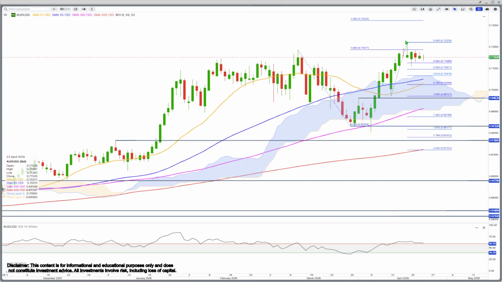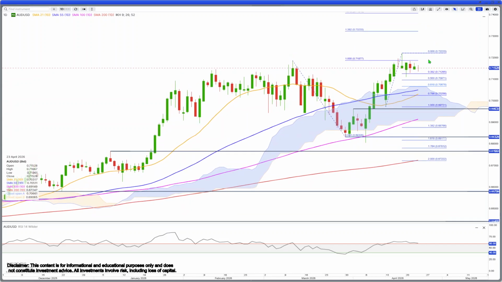The Aussie dollar is also a little bit sideways here, but that's how it is. I mean, more than half of the time, the market in general is just moving sideways. It doesn't do much really, but we're still in a bullish trend. Just this spike up here tells us it could be a bit of a struggle to push further, but if it takes out this 72.25, well, then we are looking at the 73.30 area, possibly higher in the coming weeks,